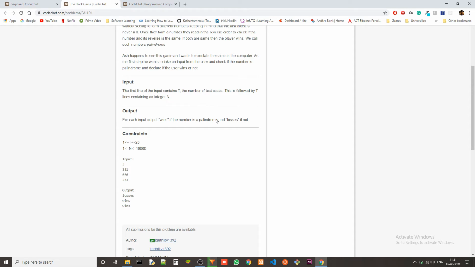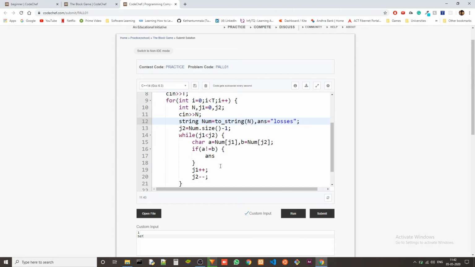Wait a second, let me just check if loses is for if it is not a palindrome. For each input, output wins if the number is a palindrome, right? So if they are not equal, it will mean that it is not a palindrome. Then we output answer as loses, right? So first it will be wins.